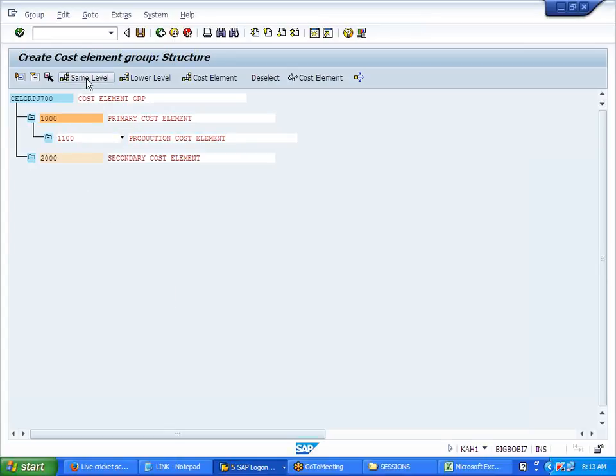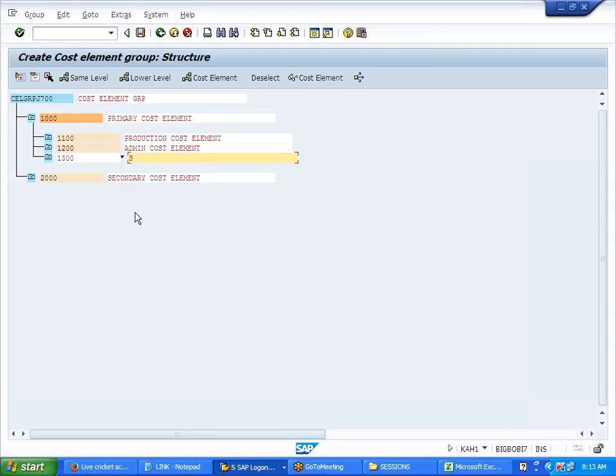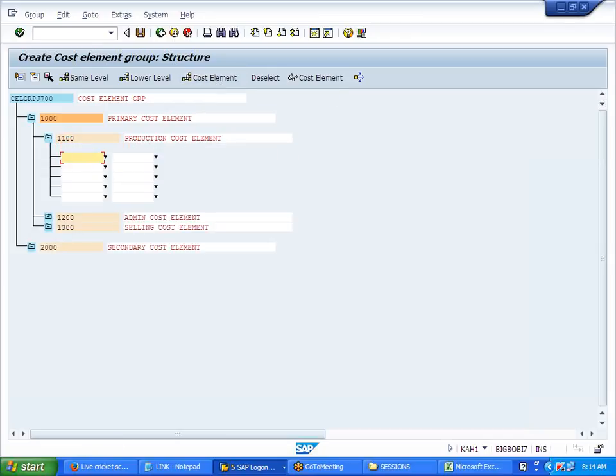Keep the cursor here, same level. 1200, all my admin cost elements. Keep the cursor here, same level. 1300, all my selling expense cost elements. Enter. Keep the cursor here, 1100. Insert these cost elements, range 406,000 to